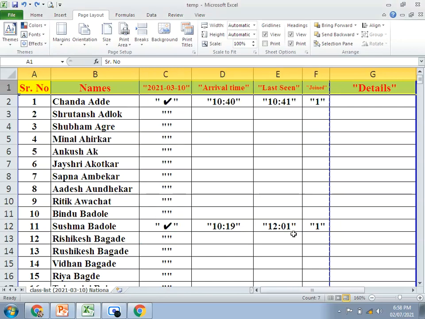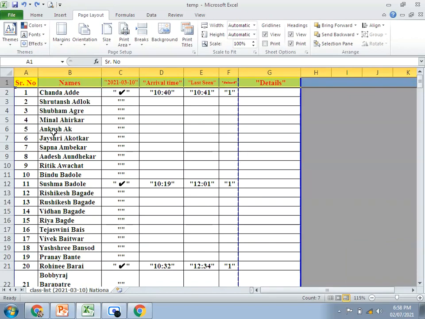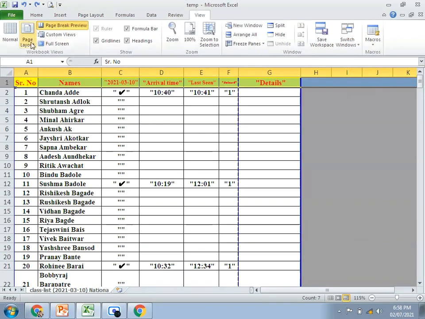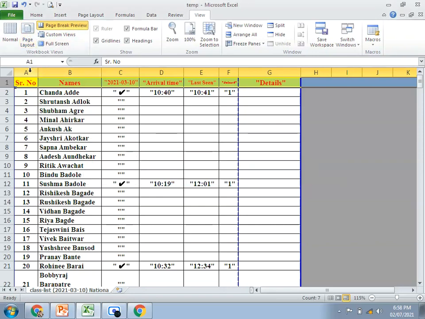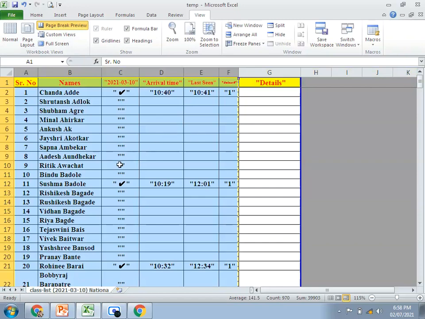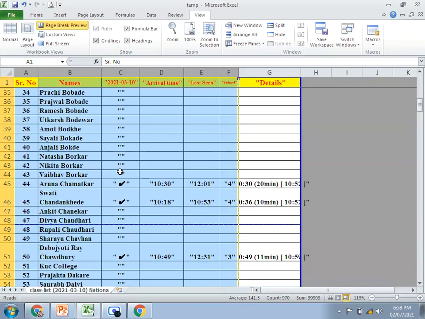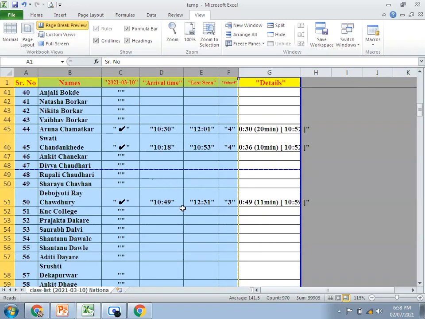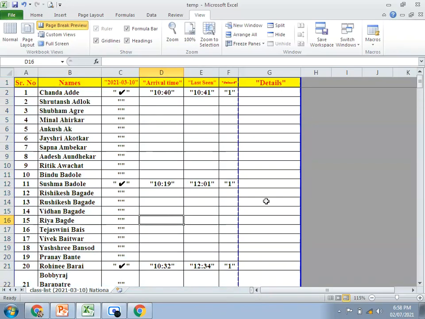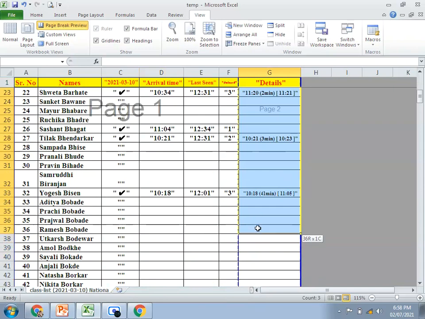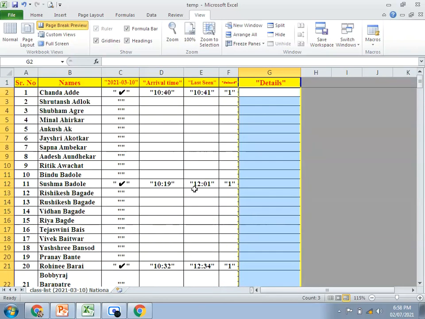For example, we will go to the sheet. We will reduce the size. See, A to F is the first page, then it will move down to this, until the last, and after completing those pages, it will take the first part, then the second part.